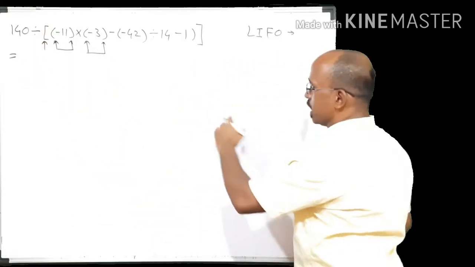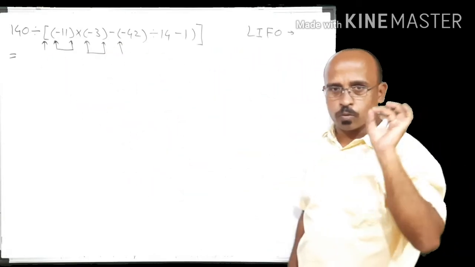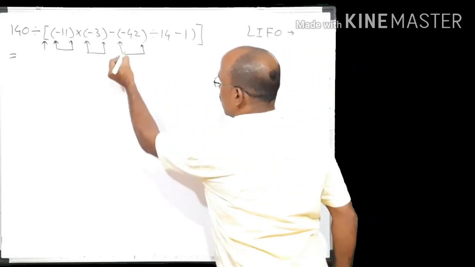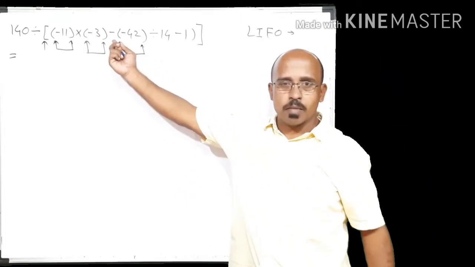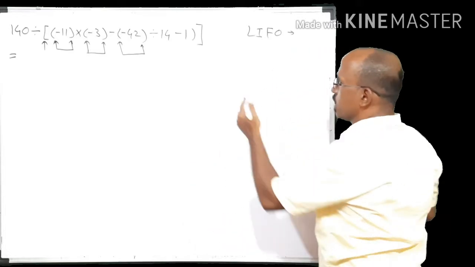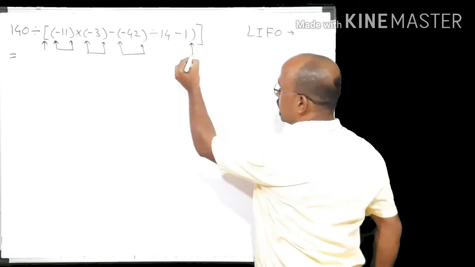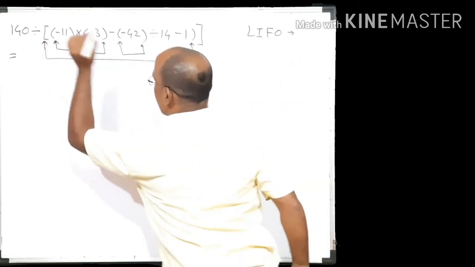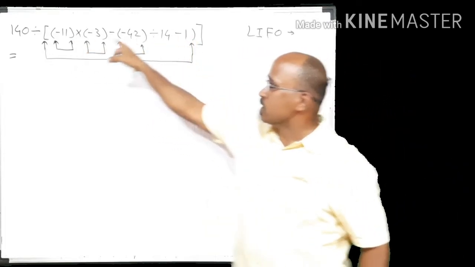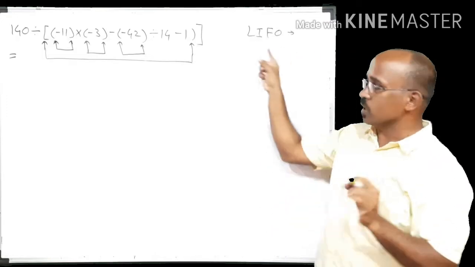Clear? Come ahead. This bracket is open, two brackets are open, we found a closing bracket, but according to LIFO system, this is the matching pair. So minus 42 again is in one bracket. Come ahead. We found a closing pair. Means this bracket is closed over here. Okay. So 1, 2, 3. These three brackets are within this bracket. Okay. Size, symbol doesn't matter. What matters? This order, last in first out.